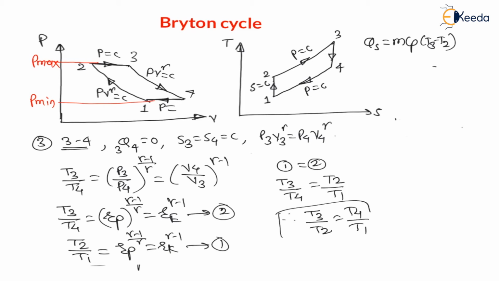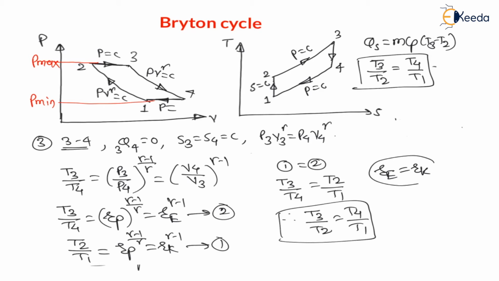Again, this equation is required later. Therefore, here I am writing T3 divided by T2, this ratio is equal to T4 divided by T1, this ratio, right? And my dear students, again, can I say Re raised to power gamma minus 1 is equal to Rk raised to power gamma minus 1, means from 1 and 2 expansion ratio is equal to compression ratio in case of here Brayton cycle, as well as for Otto cycle expansion ratio was equal to compression ratio, and here also expansion ratio is equal to compression ratio.